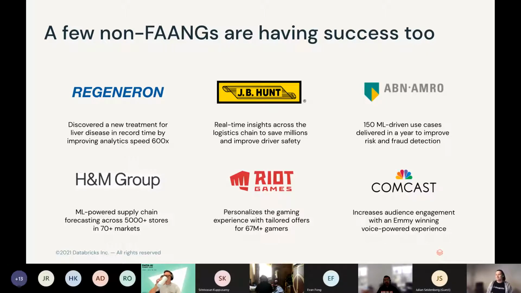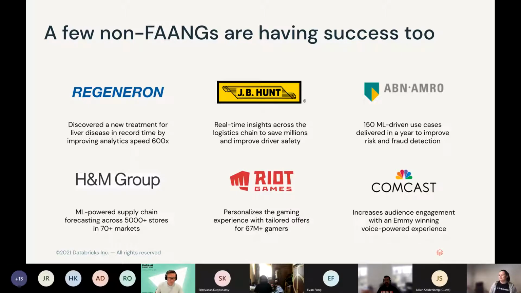And then if you take the likes of Riot Games, Riot Games is a gaming platform that is also not small. As you can see, it has 77 million gamers. Not only did they manage to personalize the experience, but they were also using natural language processing to be able to filter offensive comments, because you can imagine it's not an easy problem to solve. And so they actually implemented it, and they provide a better experience for people who just want to play nicely instead of just dealing with abusive behavior.